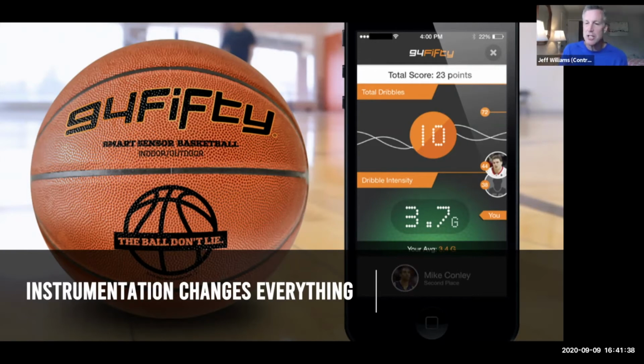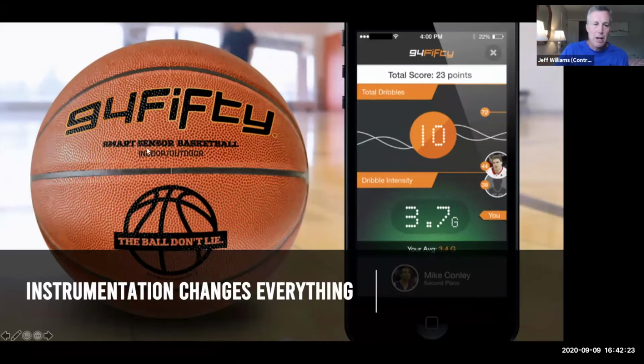So when I say instrumentation changes everything, I'm thinking about things like medicine. How do doctors interact with patients? Many of you may have started using telehealth services. Maybe you wear an Apple Watch that's going to tell you that your heart has an arrhythmia. Maybe you've got a blood sugar sensor if you've got diabetes. All these things change the relationship between doctors and patients in a way that matches up with security. If we can be more strategic about how we use our security experts, which are in very high demand, we can change the way that people practice security in the field.